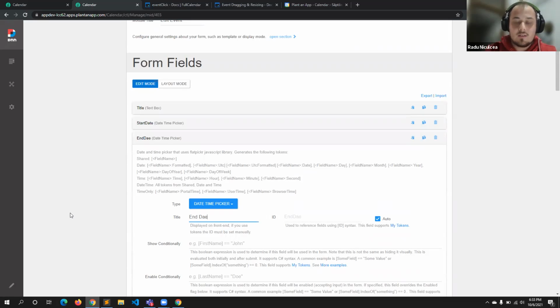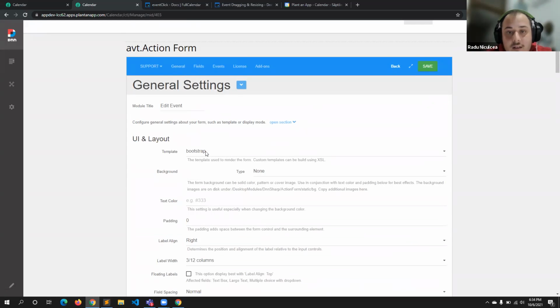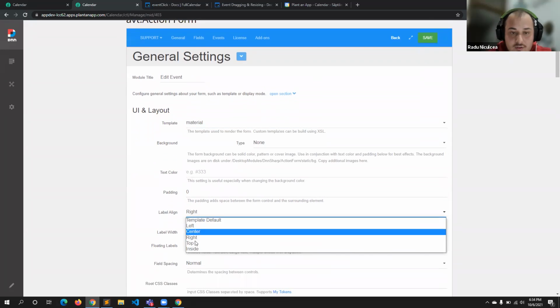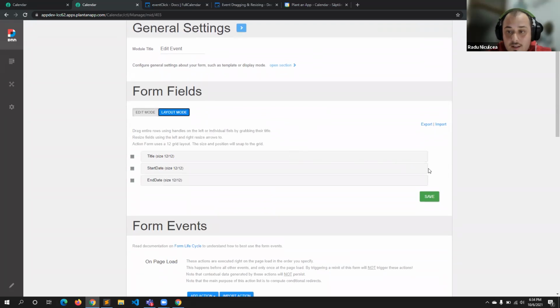So this is the end date of the event. Let me go really quickly into the general settings and choose the material template, so we have the same look and feel, and choose the label to be at the top for the same reason.